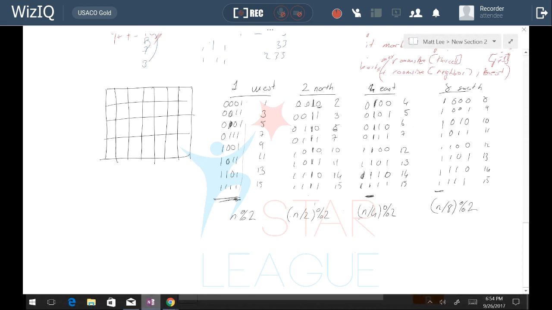So using this algorithm you can check if there's a wall, if the neighboring cell is in the same room, should I visit it or not. This is one way to understand it. Unfortunately I didn't have time